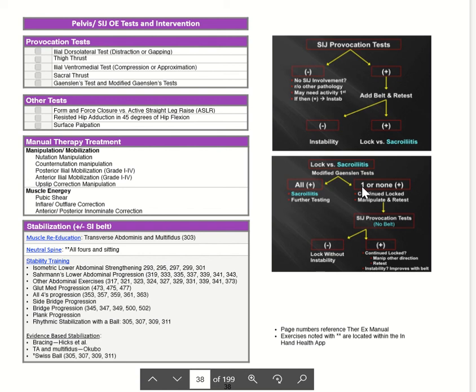After this, you want to manipulate the patient and retest them with no belt. So you do your manipulation, you retest them doing the modified Gaenslen's tests, and if they are negative after the manipulation, you want to suspect a lock without instability. If they are positive after this manipulation and retest, you want to suspect maybe a continued lock, maybe an instability if you add a belt, and